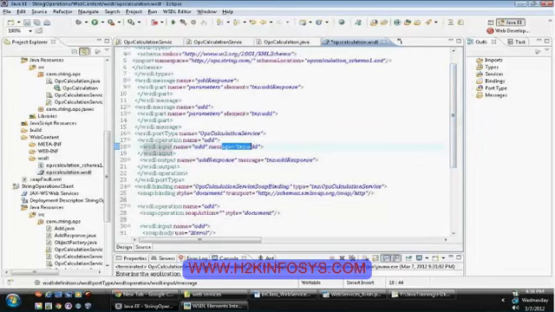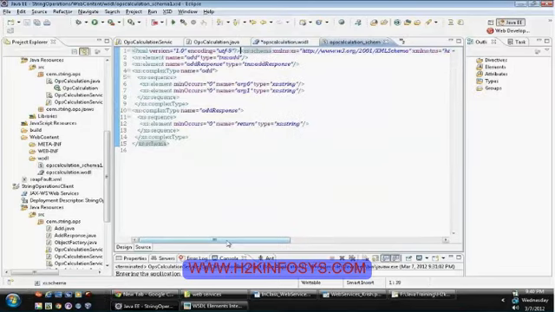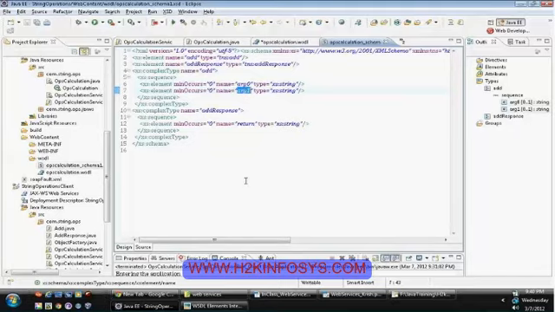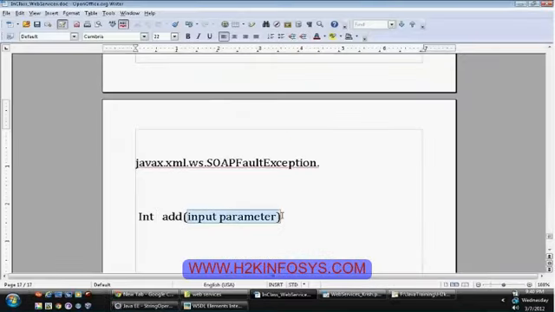This is your add, and it consists of the parameters. The add message consists of the parameters, which refer to the element tns:add. Go to your tns:add. If you take a look at the complex type, it consists of two arguments, arg0 and arg1, which are nothing but your input parameters.